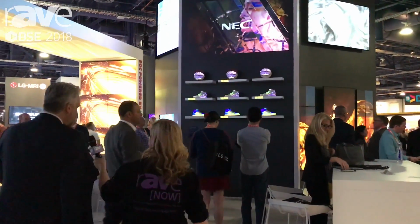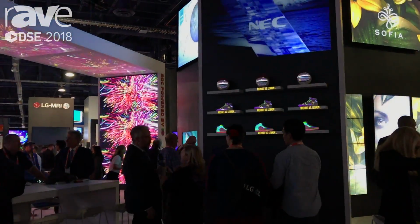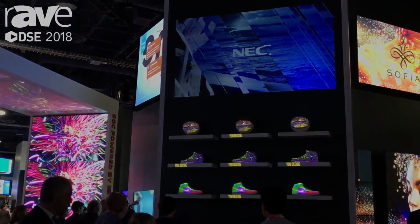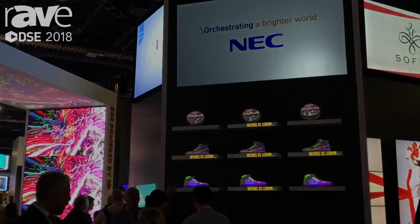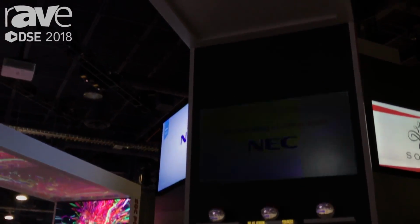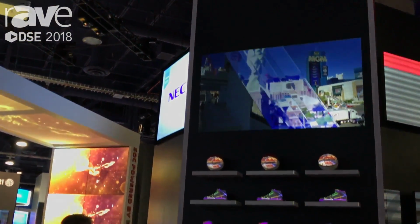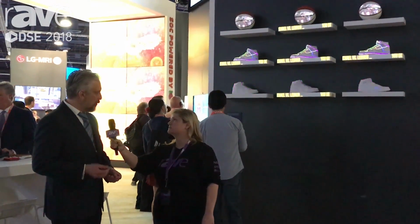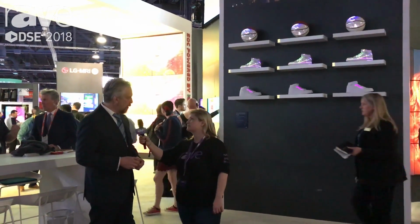Retail is a very big part of the NEC business, always has been since the start of digital signage. But what we wanted to show here at DSE is really a different way of using display technology in the retail environment. Typically what you see is a large format display, whether it be a single display showing some advertising or promotional content, or you'll see a video wall. A lot of the big retail brands will have a large video wall product using ultra narrow bezel or even possibly Direct View LED as that store statement piece. Well, what we wanted to show here is now with laser projection and zero or very low maintenance from a projector lamp standpoint, because there is no more lamp, is showing how you can use projection in a retail